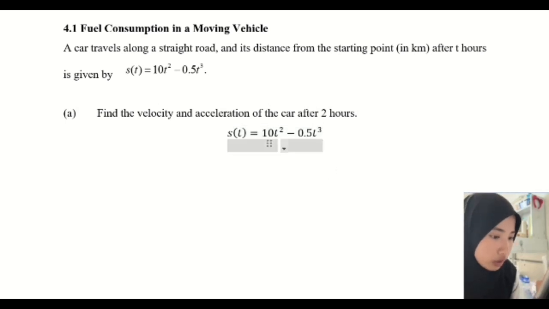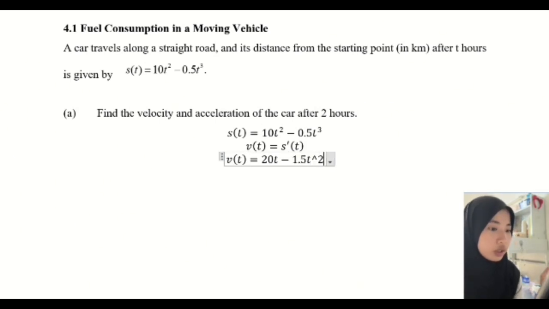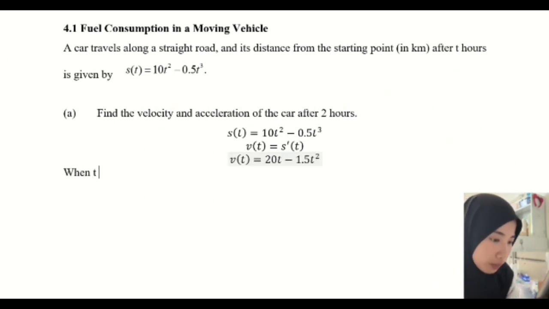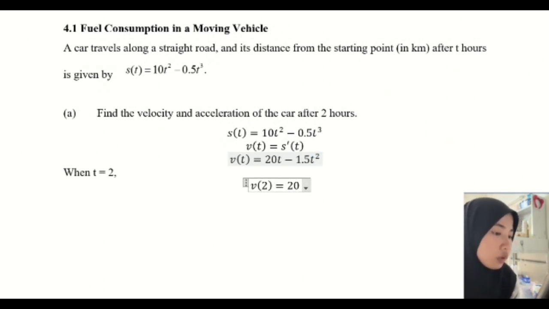So V(t) equals s prime (t). The answer is 20t minus 1.5t squared. Then for the velocity of the car after 2 hours, when t equals 2, we need to replace the value 2. V(2) equals 20(2) minus 1.5(2) squared. And then we got the answer, which is 34